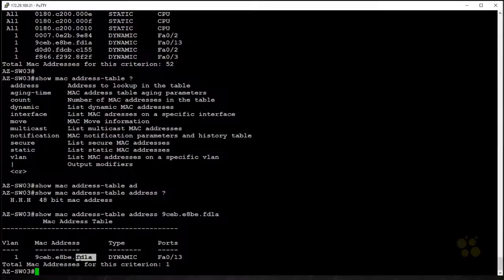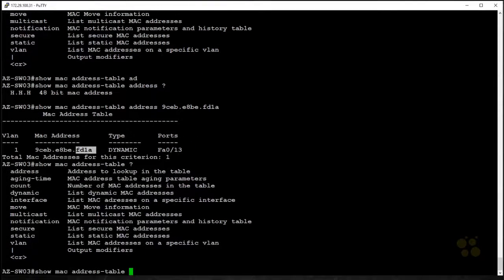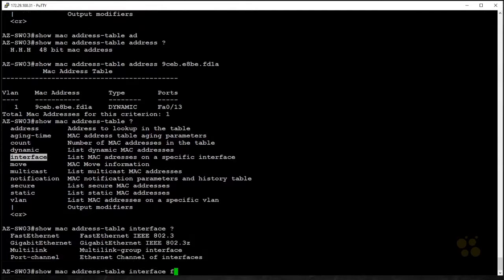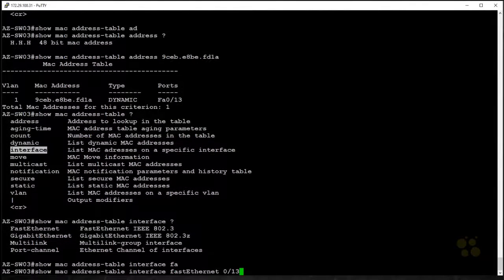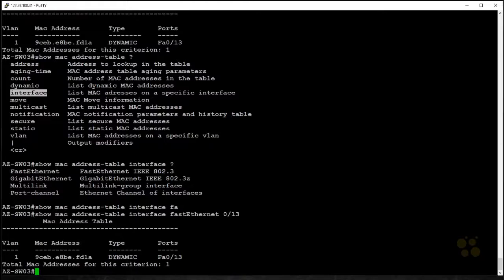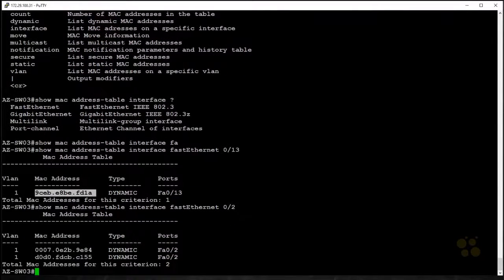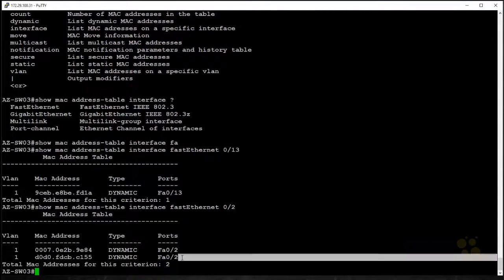Second thing is that they have the ability to filter to a specific interface. I'll hit the up arrow, do show mac address-table, question mark again. This one you'll use all the time. So I'll say interface, hit the question mark, FastEthernet 0/13. Sure enough, once again, it says, here's all the MAC addresses that are on that interface. Let's see a couple of them. I'll do FastEthernet 0/2, hit enter, and you can see that we've got 2 MAC addresses that are learned